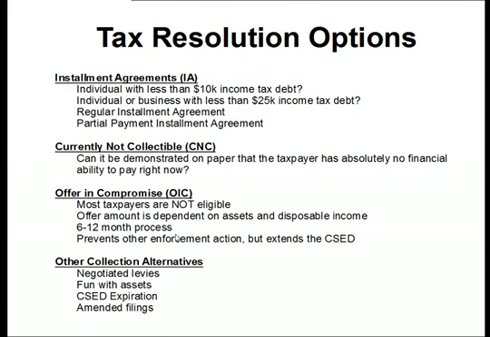If we're going to do a corporate income tax return for them, and they're a C corp, and they know that they're going to owe $100,000 in tax liability, then you need to be thinking about their resolution options from the get-go, because it's going to make the penalties a lot smaller if you address it now rather than if they address it several years down the road.